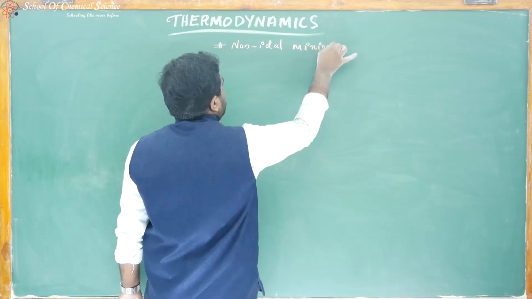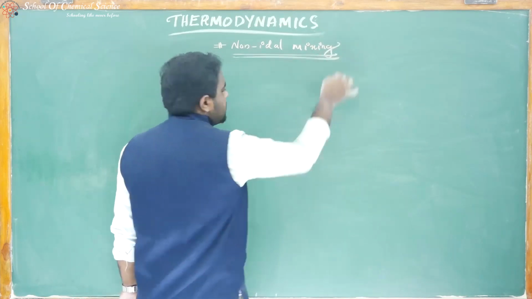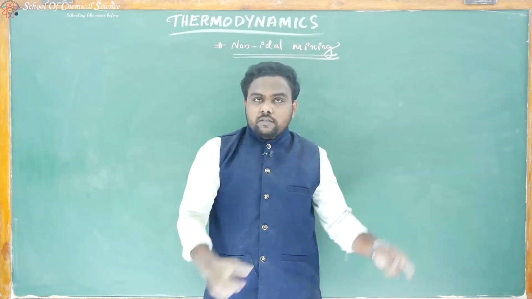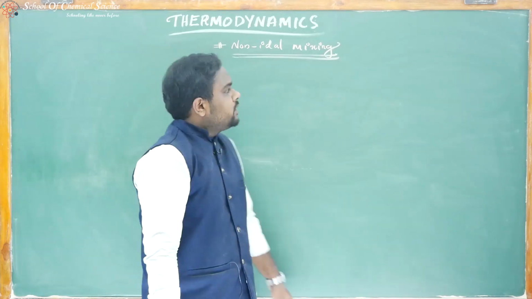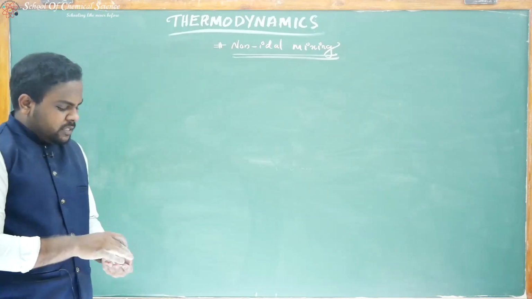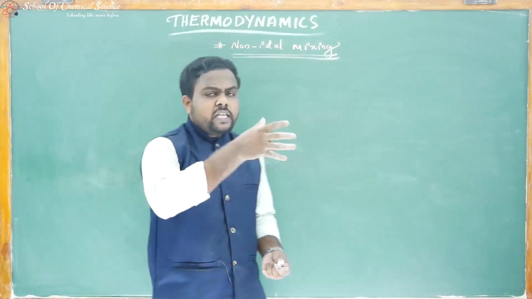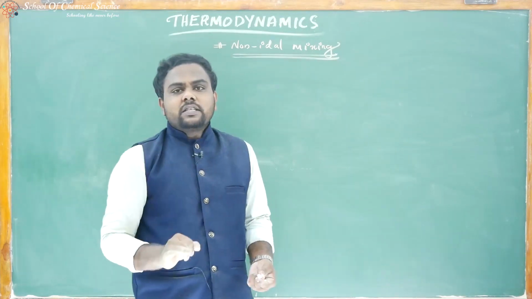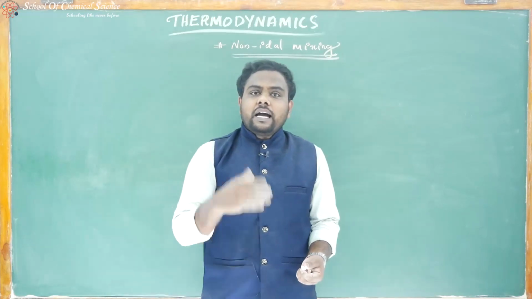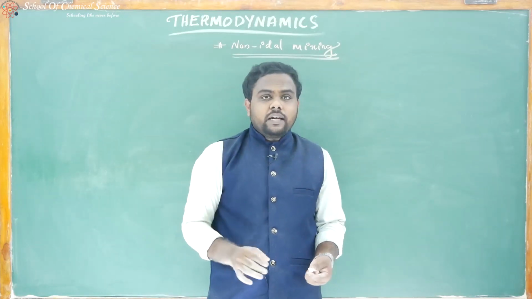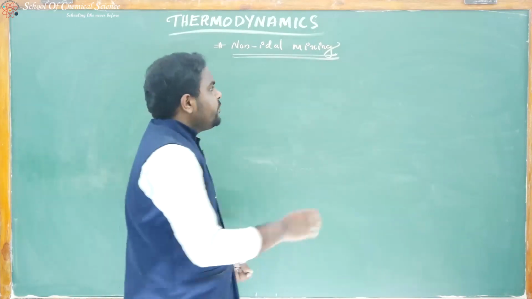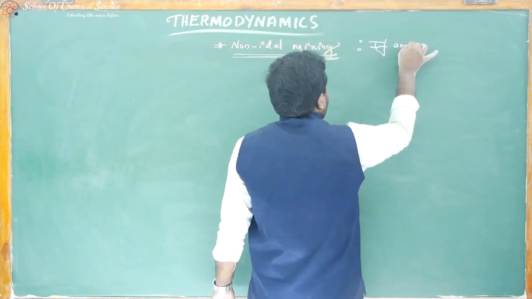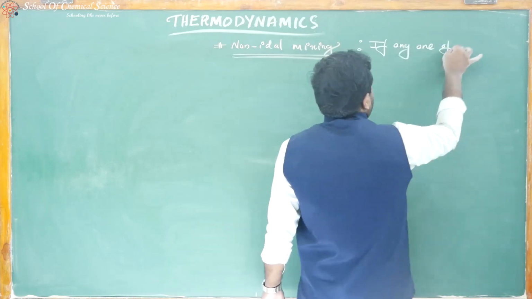I think in your school class you studied about ideal solution and the non-ideal solution. Some conditions are there. Similarly, this is non-ideal mixing. Non-ideal mixing means we discussed some conditions for ideal mixing: delta H mixing 0, delta V mixing 0, delta U mixing 0, isothermal, isobaric, no chemical reaction. If any one of the condition